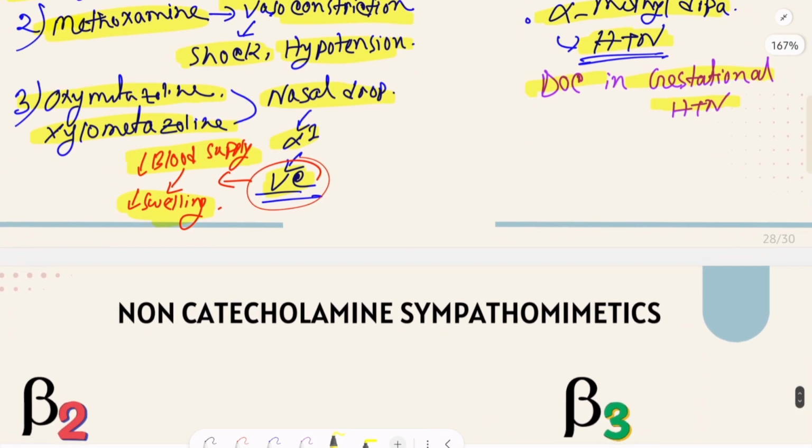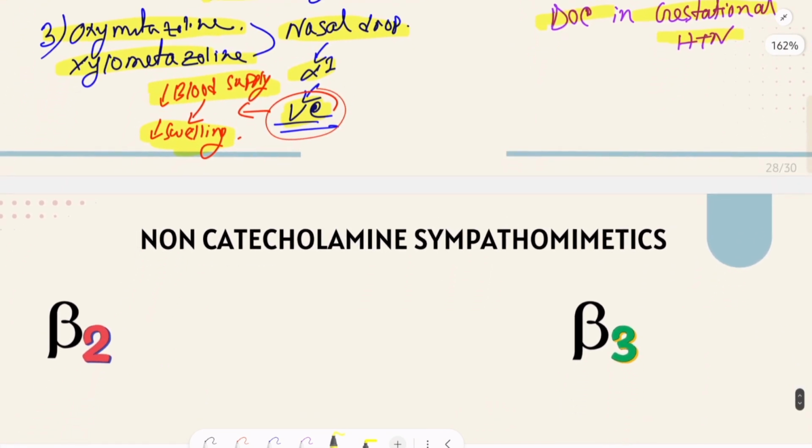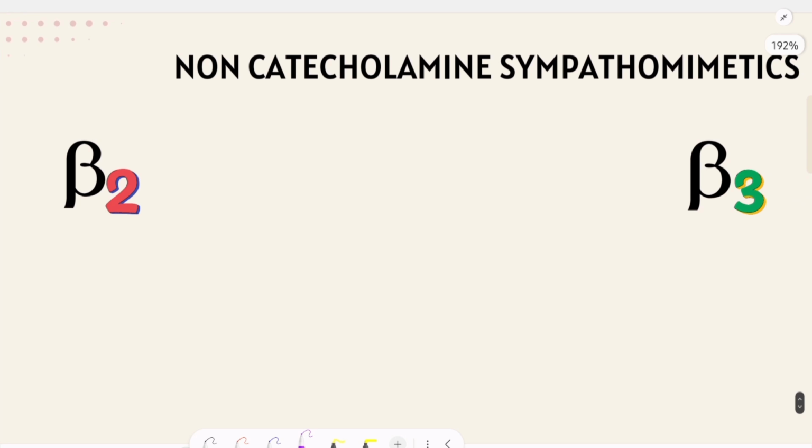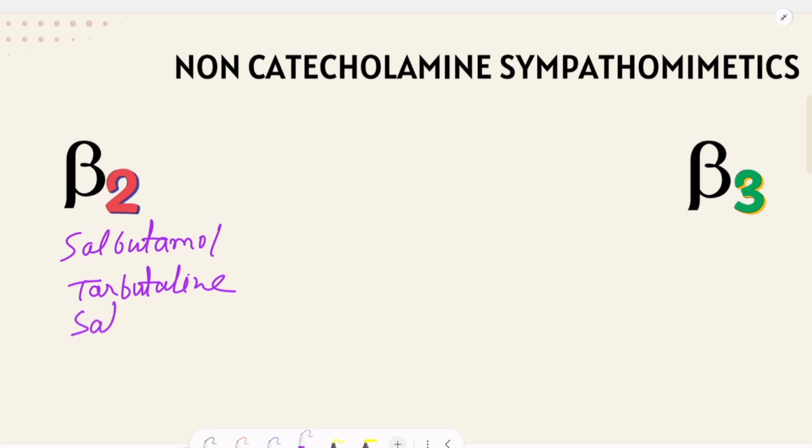Lastly, we have drugs that stimulate beta-2 receptor. Remember, we do not have a non-catecholamine that acts on beta-1 receptor. So, on beta-1 receptor, we mainly have catecholamines like dopamine and dobutamine that we previously discussed. Now, the drugs that stimulate beta-2 receptor include salbutamol, terbutaline, salmeterol,